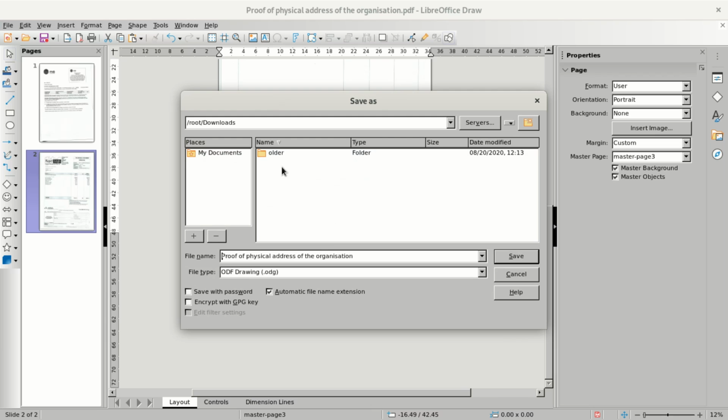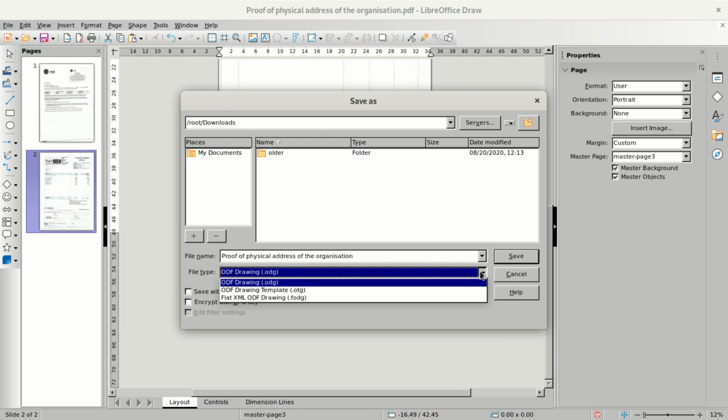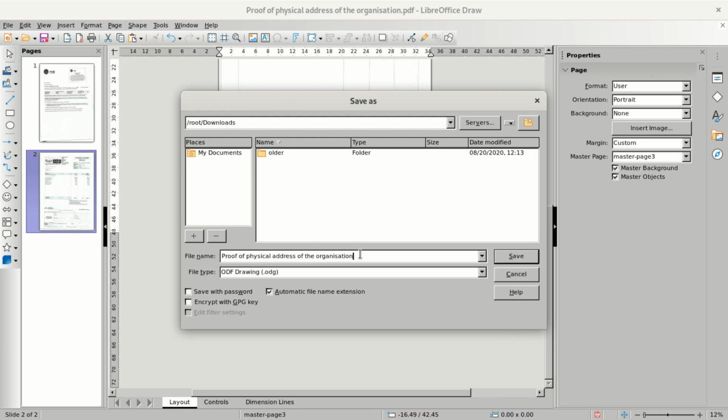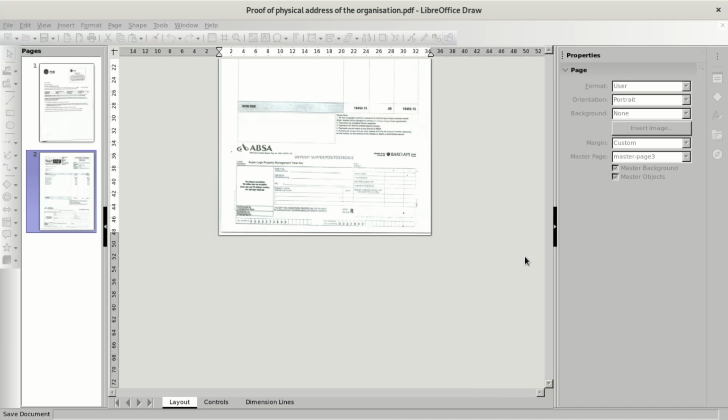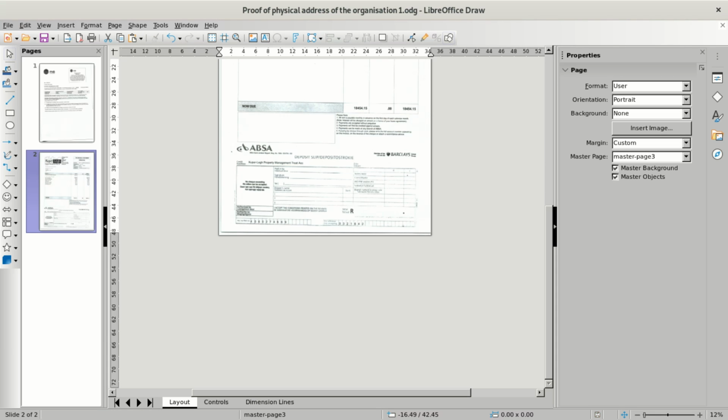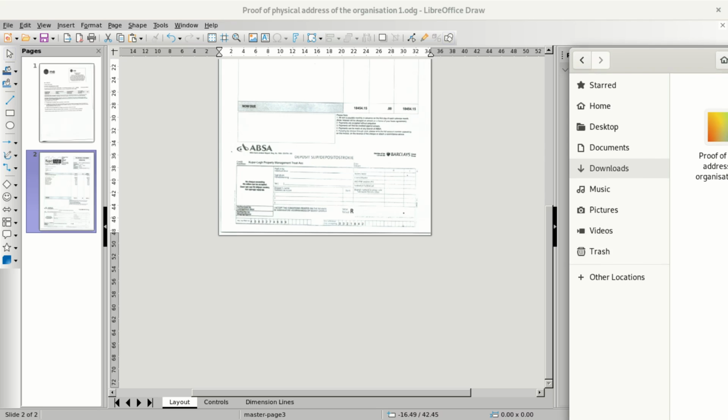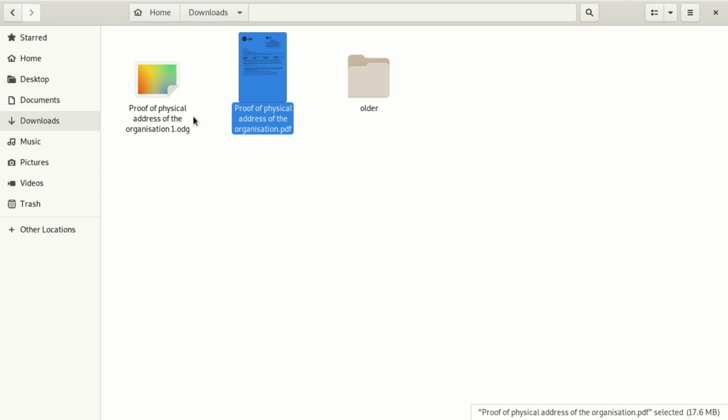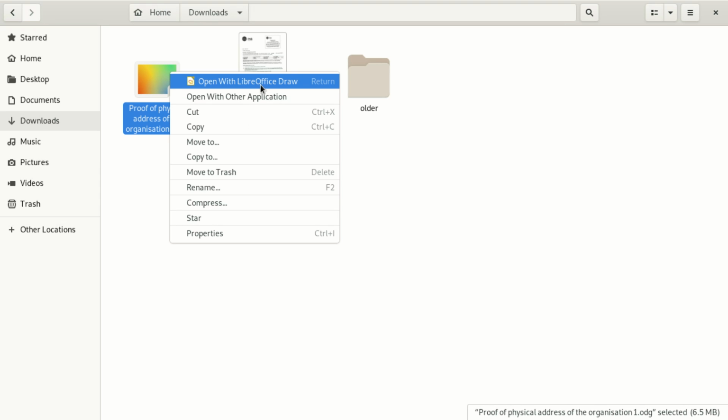I want to save as something else in the downloads folder. Then it doesn't give me the PDF. Then we're gonna go to that section, how to convert that to PDF. We can create this and say proof of physical address. Then we say 1. I'm copying it and saving it like 1. Then I save that. After saving that, it doesn't save it as a PDF, which is so bad for us. So you can see I saved it as this file. Then I open it